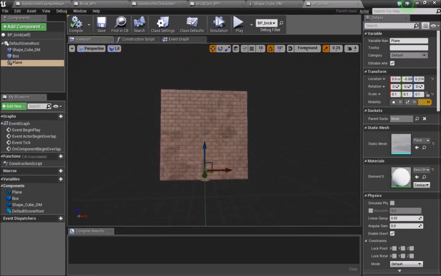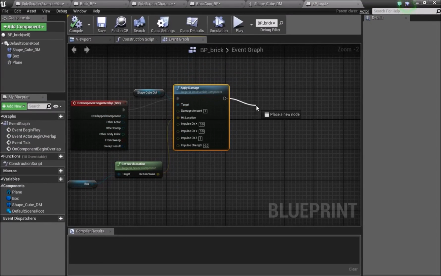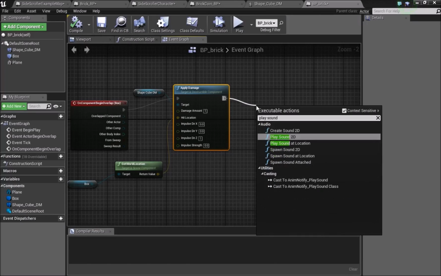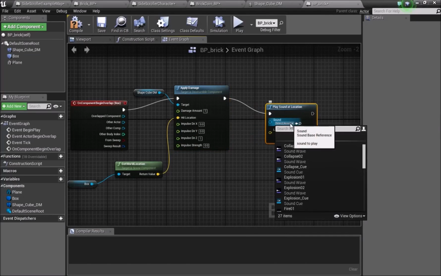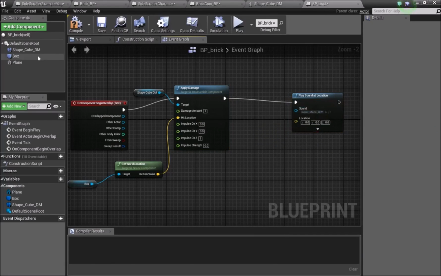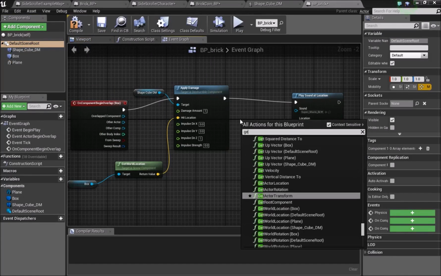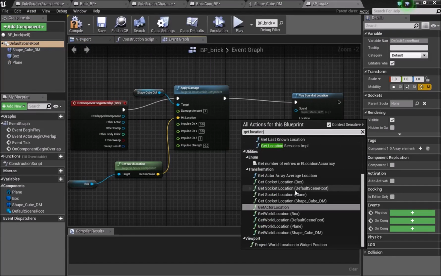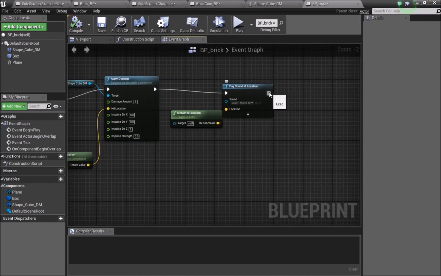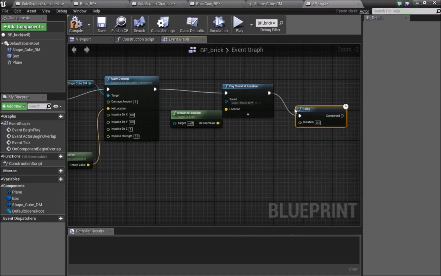So inside the same blueprint, we'll go to the event graph, and then down here I'll do play sound, so play sound at location. I'm going to choose my brick sound, so brick smash, and our location would be, I'll just select this and then get location, and then get actor location, and we can connect that here. And what we'll do then is after a delay of, so we'll add a 0.2 seconds delay,